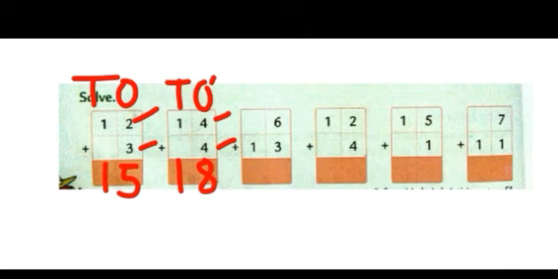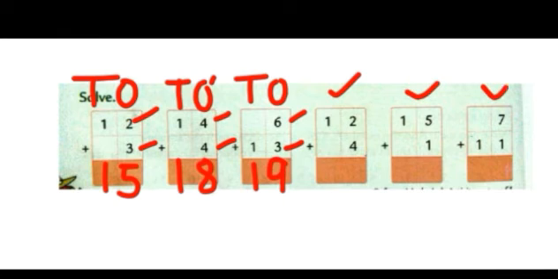Moving on to the next one. This is the ones column and this is the tens column. In the ones column, 6 and 3 is given. So 6 plus 3 is, you can count forward 3 numbers. Starting from 6, count forward 3. 7, 8, 9. So 6 plus 3 is 9. And see, in the tens column, only 1 is there. So that 1 will come down. Now, scholars, I would like you all to do these 3 sums as homework.